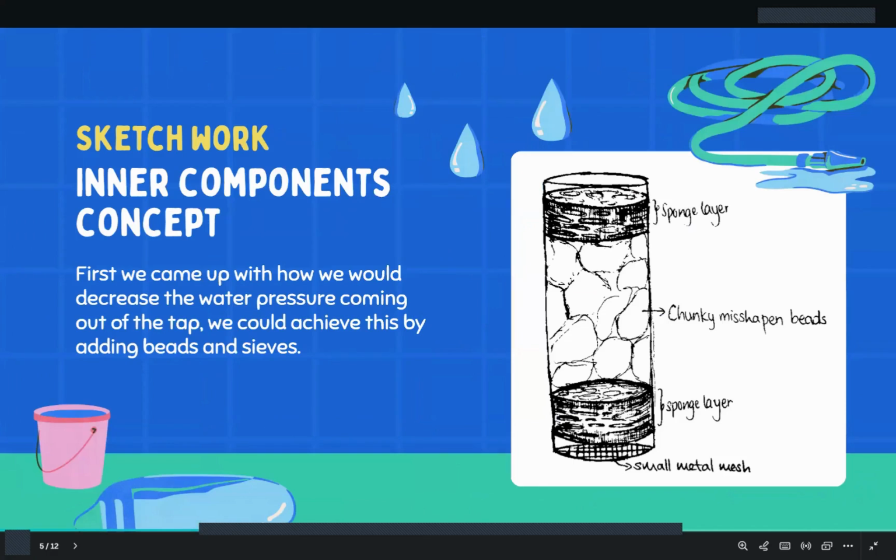The internal structure of the product consists of two sponge layers, one at the top and one at the bottom, with water-resistant beads tightly packed in between. A metal mesh is placed at the base to ensure that the beads and sponge remain securely in place. It's important that the beads are densely packed, as any gaps could create something called the Venturi effect. This effect happens when water flows through a narrow space, causing it to speed up due to a drop in pressure. In this case, instead of slowing the flow, the water could actually move faster through the gaps. By packing the beads tightly, we avoid this effect and ensure that the water flow is effectively reduced,